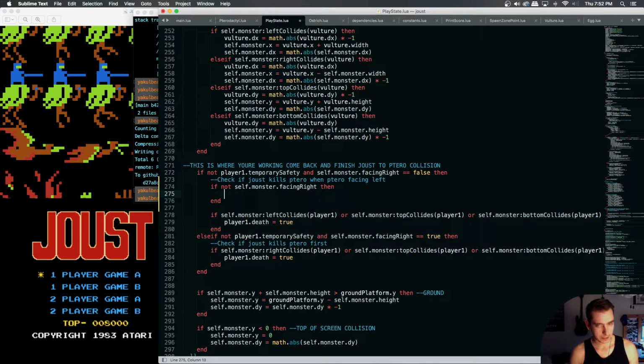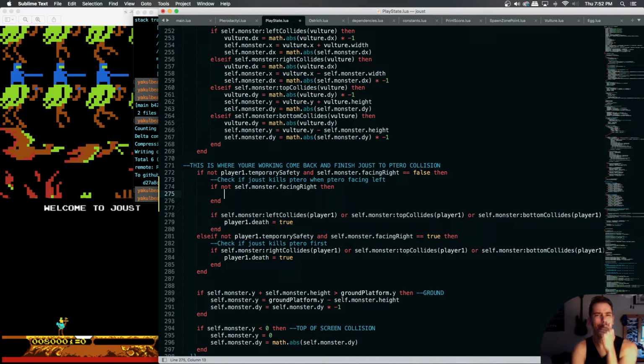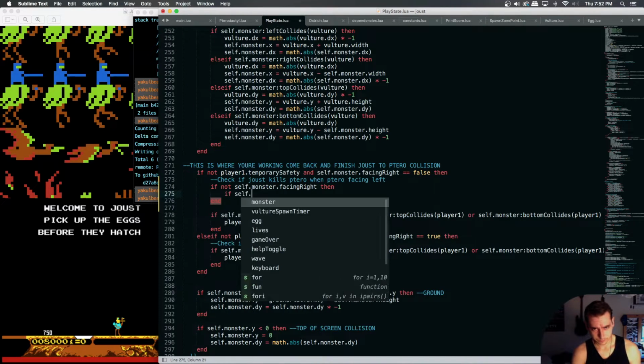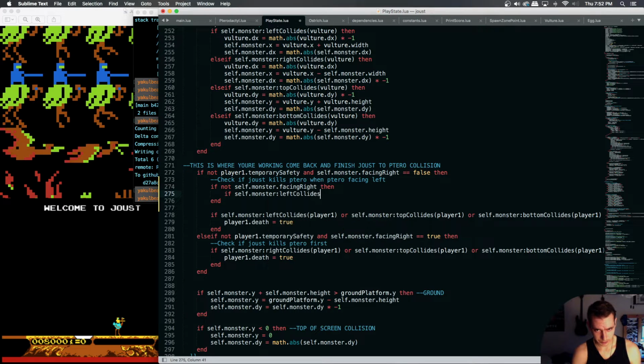if we're facing, yeah, because we need to check the X and Y position of our, actually, I'm not sure this would actually matter because the Y should be the same height. I don't know. I'm just gonna try it this way. If the monster's facing left, then if the monster left collides,